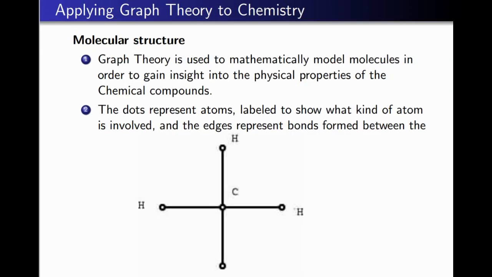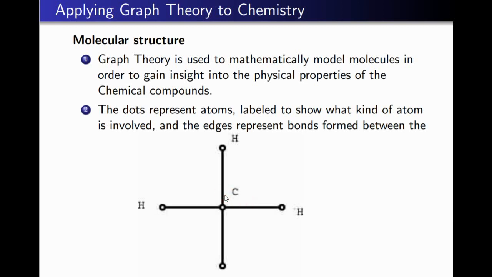See the structure of methane. There is one carbon atom and four hydrogen atoms. Each vertex represents an atom and the edges represent bonds between them. Thus there are a total of 5 vertices. The degree of the carbon atom is 4 and that of the hydrogen atom is 1. Thus degree represents the valency. We can see there are a total of 4 edges.